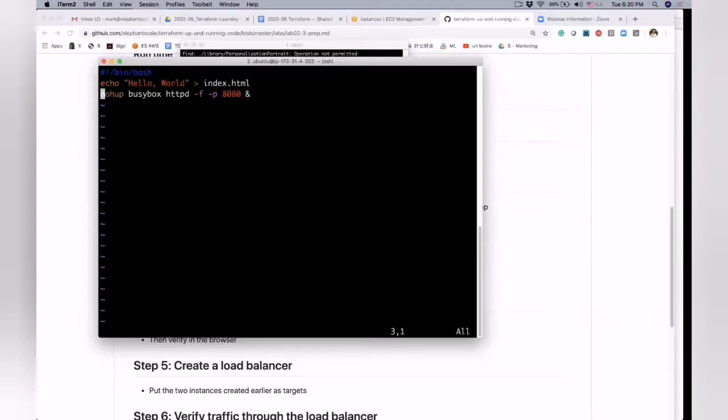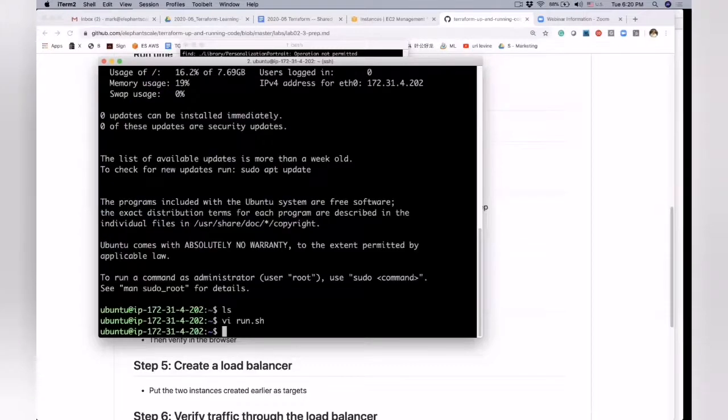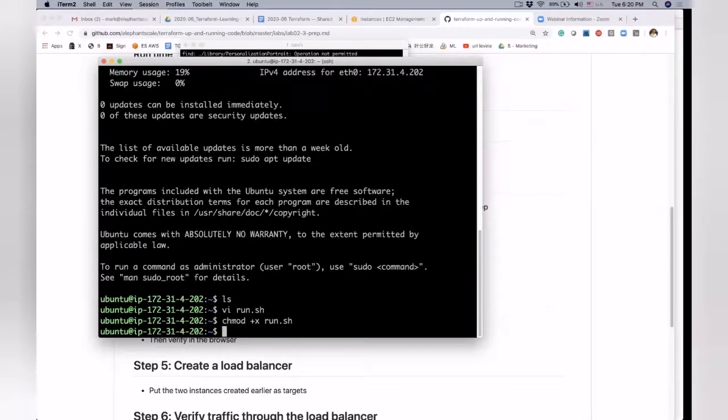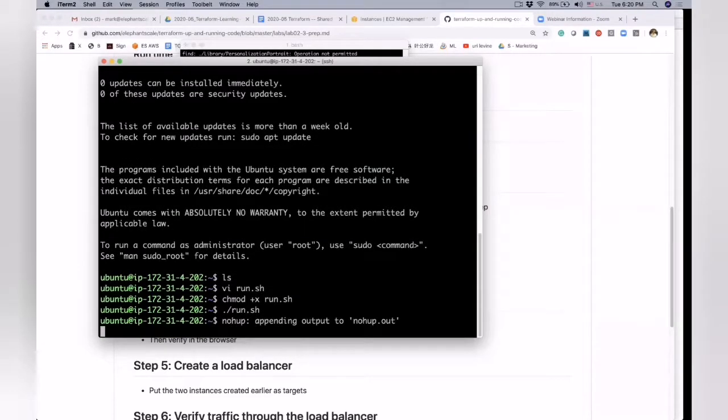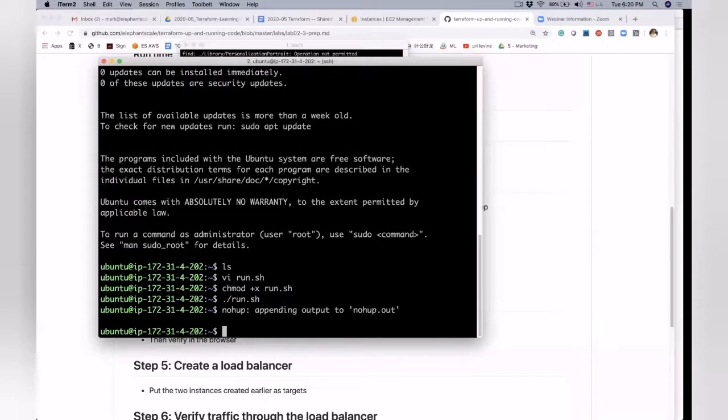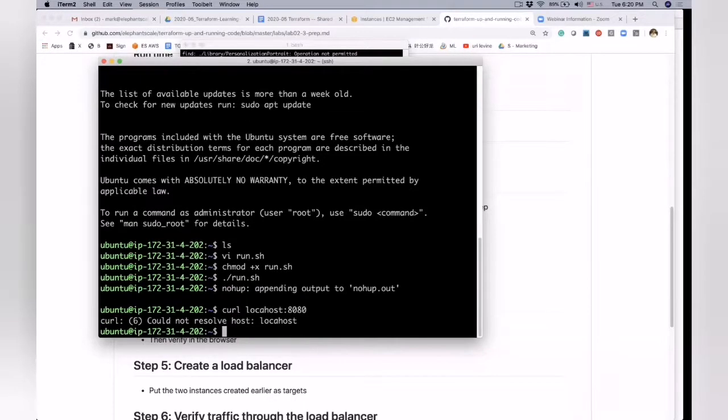Now I save that, and I try to run it, and it doesn't run. That's because I didn't give it the run permissions. So chmod +x run. Now it will run. So I do this. I say run. Okay, it says I opened. So now if I do curl on localhost 8080, I hope to see something. Well, I didn't. Well, because I didn't say localhost slash.